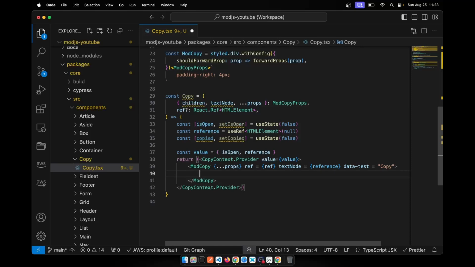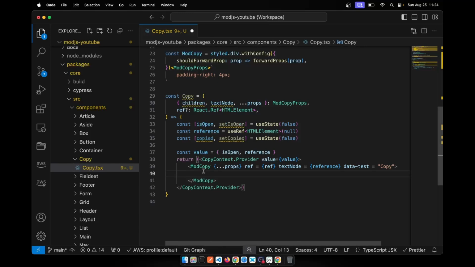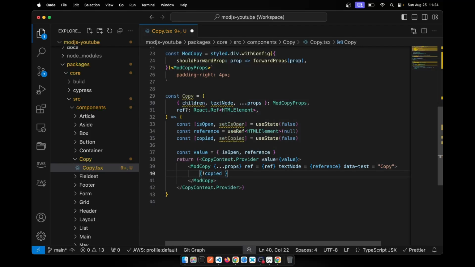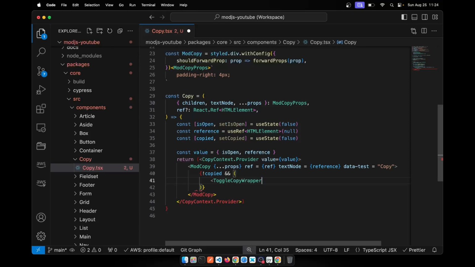So what we'll do here is, if the copied state is false, we'll need to do 2 things here. So currently, in a normal scenario, this copy to clipboard is by default false, right? But as soon as I click on that, copy to clipboard is set to true, and then it is automatically set to false maybe after a couple of seconds. The copy to clipboard, that green box is gone. Okay, but we're setting that in, so let's do this here too. Okay, so if copied is false, if the copied state is false, we will re-enter that toggle copy wrapper we defined above,